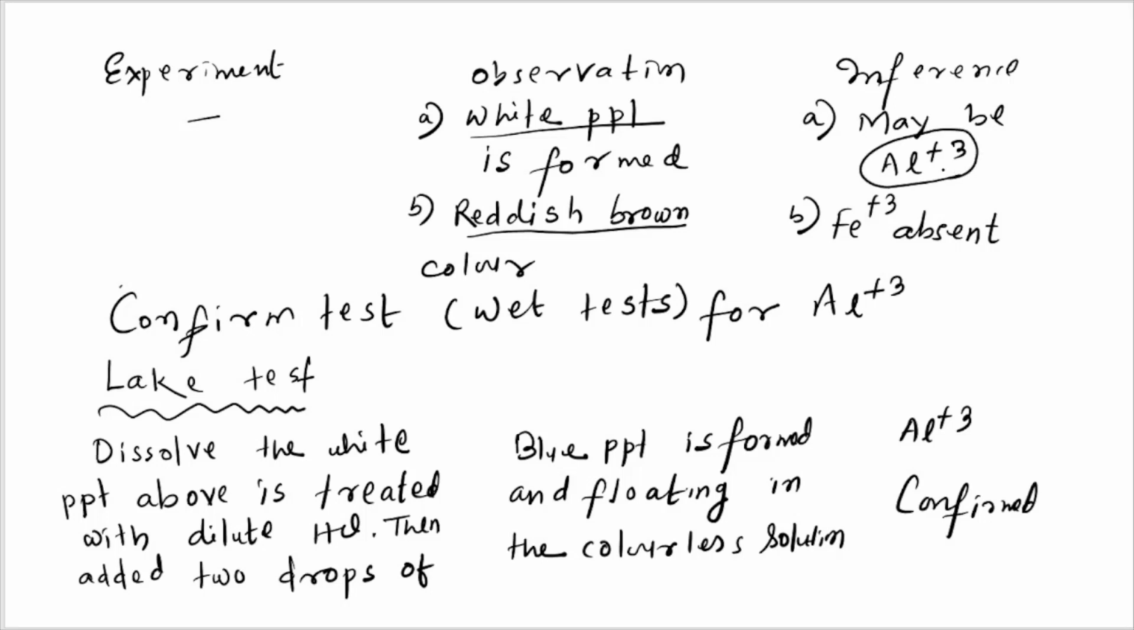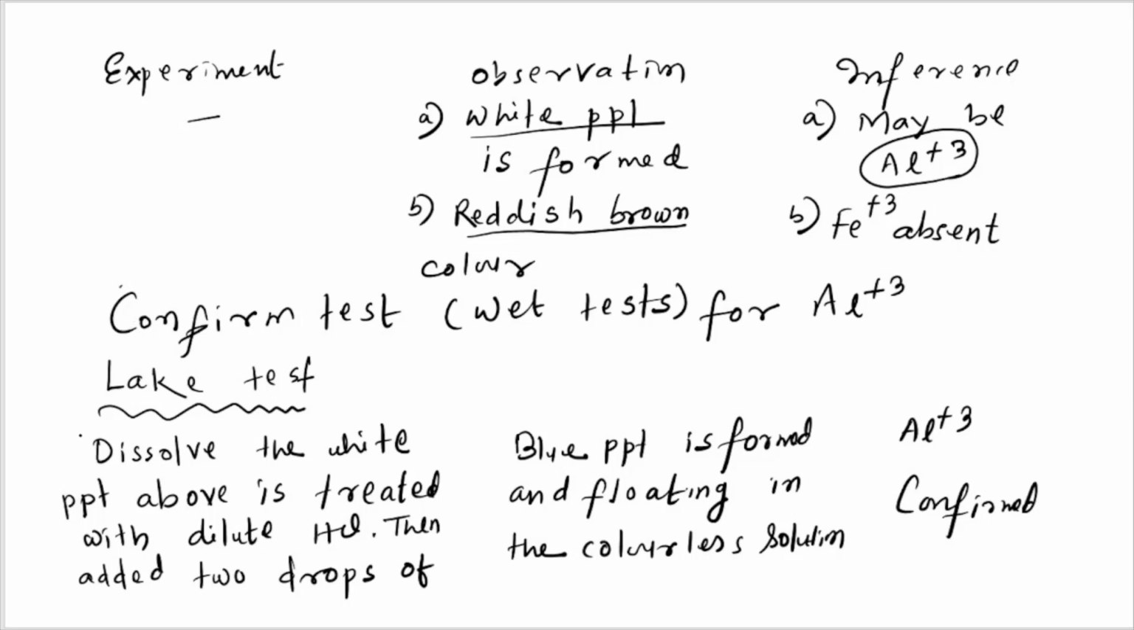Aluminium plus 3, that means after adding ammonium chloride and ammonium hydroxide, white PPT is formed, which indicates maybe aluminium. Then there is more chance to get Al plus 3 as our basic radical. So that is why we will proceed to the confirmatory test, that is called wet test, the confirmatory test for Al plus 3. First,